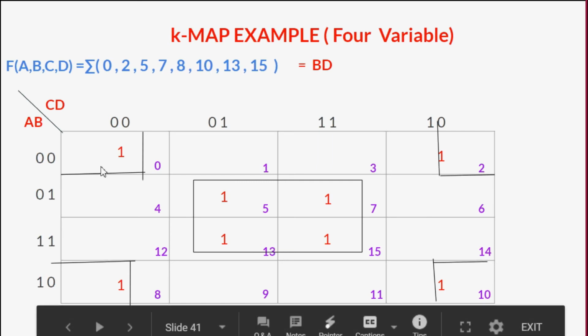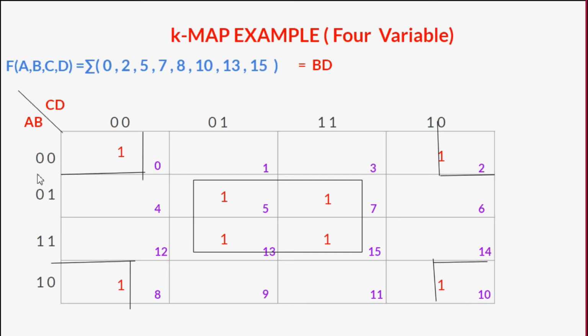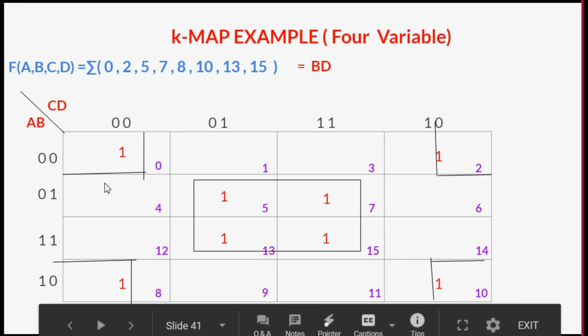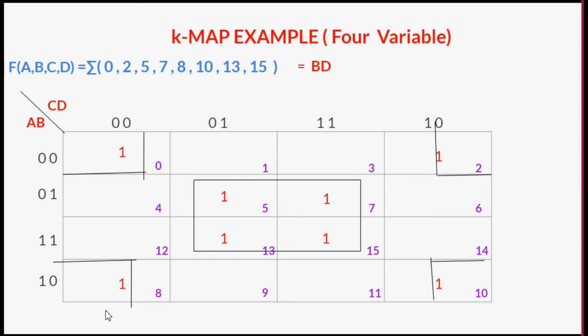Okay, now just have a look at these things. A's entry is changing, that is, firstly A is 0, and for the last corners A is 1. But B entry is constant, that is 0 0. For these corners B is providing input 0, and for these corners B is also providing input 0. Okay, so I can take B. Since B is having an input 0, I am going to represent B complement instead of B.